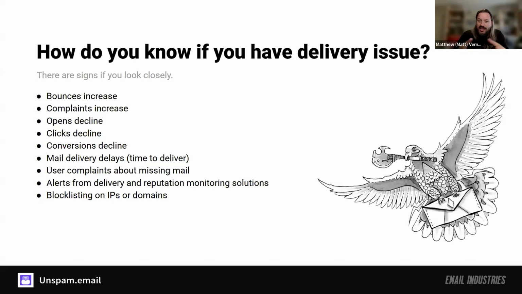I would also say if ESP, open rate and click rate tracking, is pretty much table stakes. Every platform should be able to do it out of the box. So if you're using an ESP that doesn't do open and click rate tracking, you may want to consider a different ESP. If you are using an ESP and you're not doing open and click rate tracking, it may be something that you just need to go back and enable.